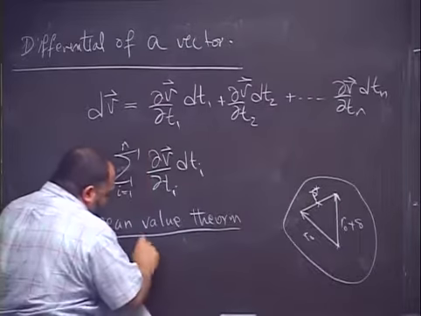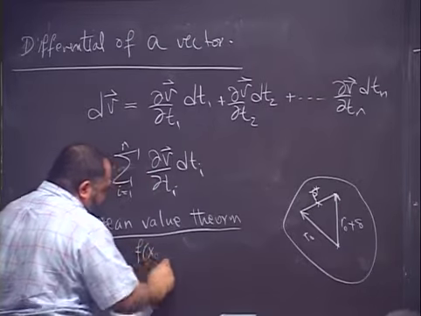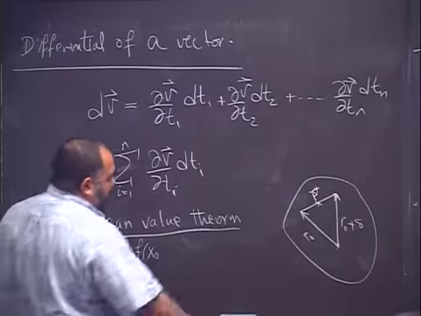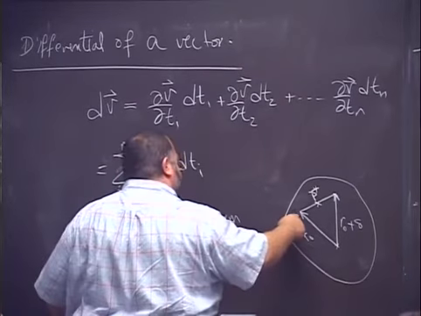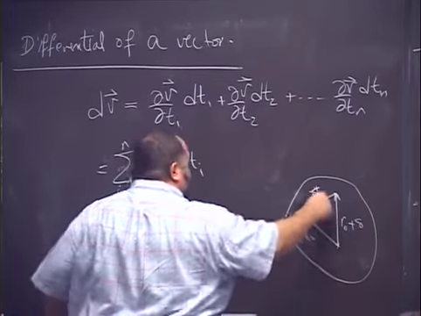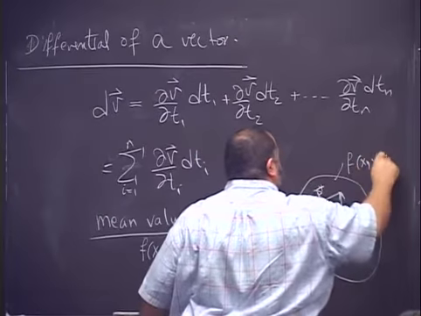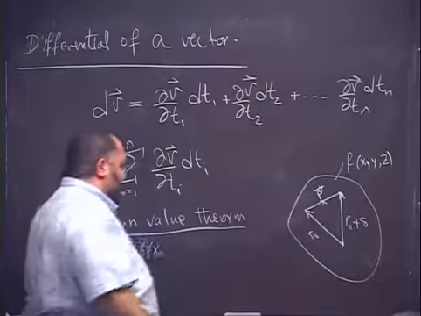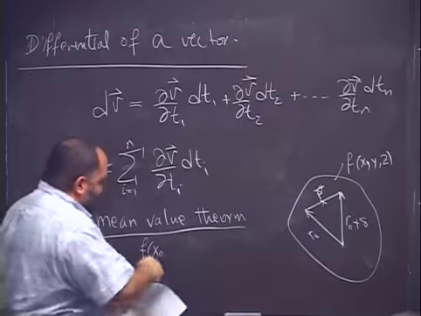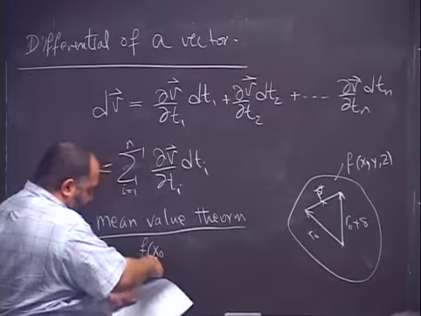So if we have a function of a point here, let's say we evaluate the function here. This is a vector field, and we have a function of x, y, and z in this vector field here. So f of x0